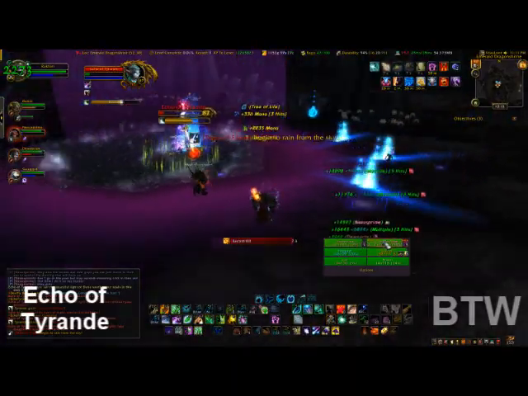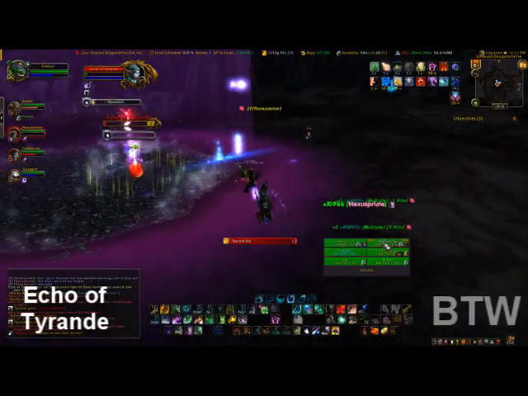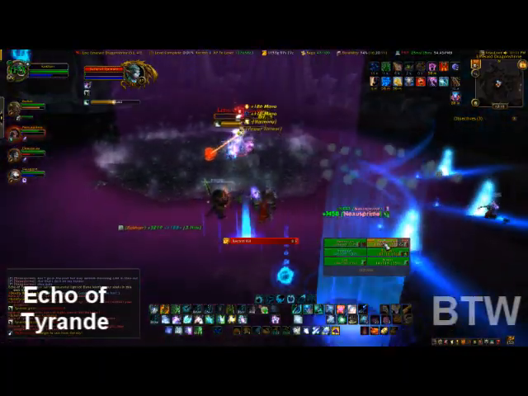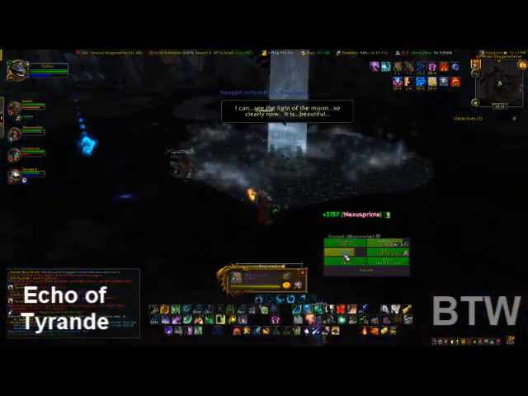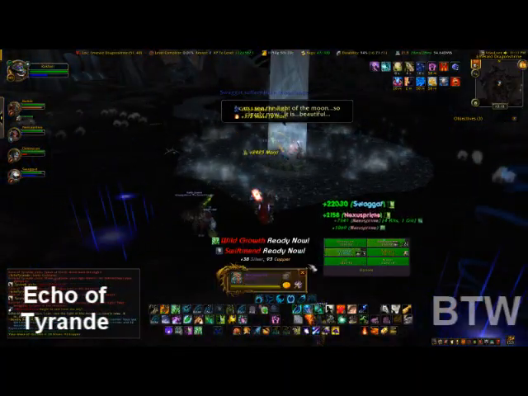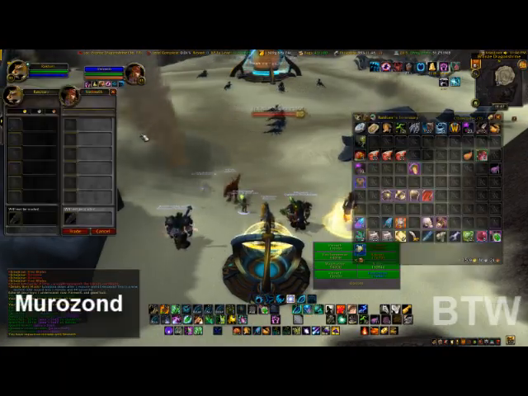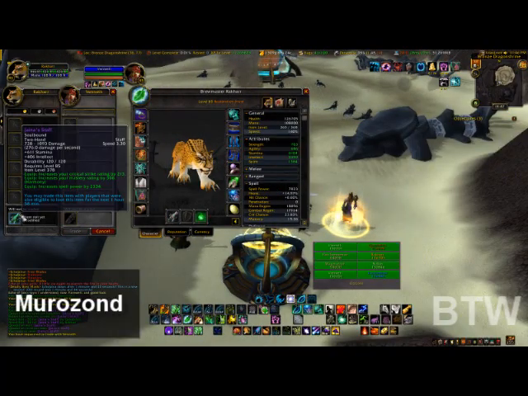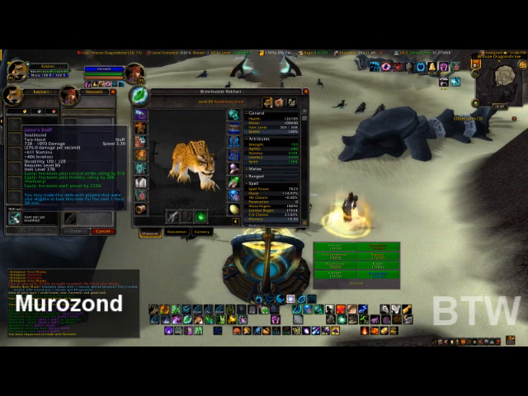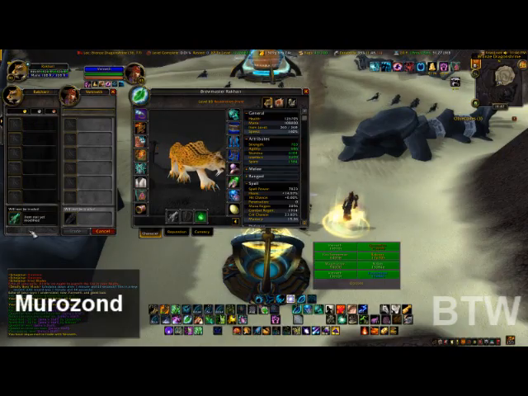Now she starts dropping these blue explosions. They're relatively easy to avoid. Not too much damage done by them. But break her down, kill her, head back, and that is the final of the 4 initial bosses, 2 of which you will do each run, and then you move on to the final boss, which is Murrow. He is one of the infinite dragonflight,